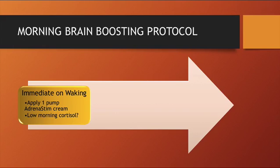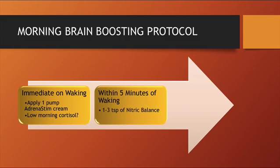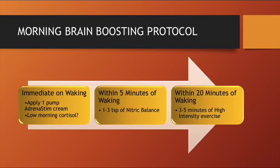But here's where it gets really interesting. What we want is within 5 minutes of getting out of bed, it says waking, but you might wake and lay in bed for a few minutes, but within 5 minutes of getting out of bed, take 1 to 3 teaspoons of a product called Nitric Balance. Nitric Balance is formulated to support nitric oxide production, and this is where we get protection and activation of the brain and blood flow increase, right? Causes vasodilation and blood flow delivery. And so within 5 minutes, taking 1 to 3 teaspoons of Nitric Balance in anticipation of doing a very short,